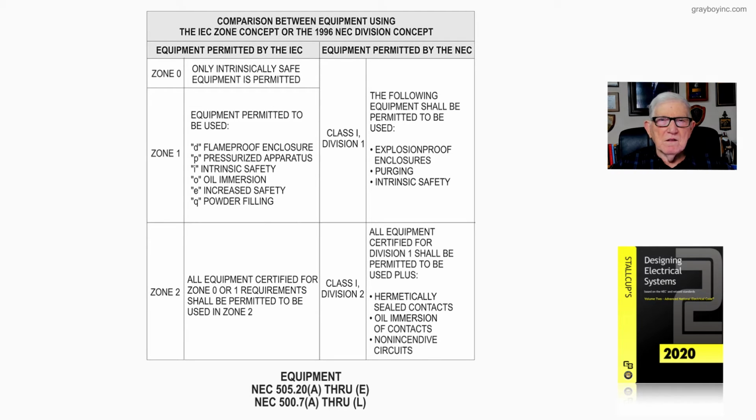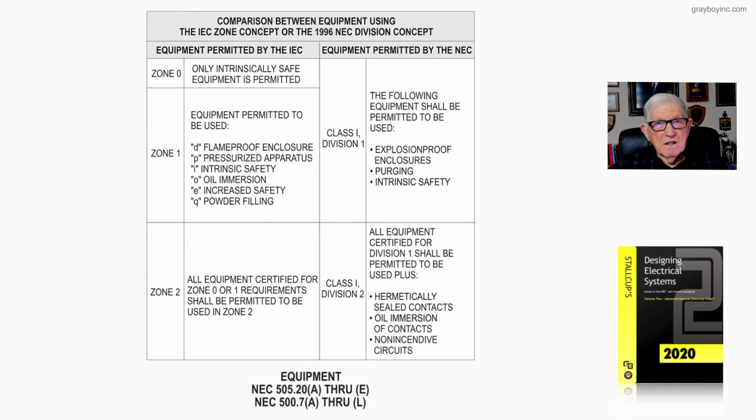Now we find the equipment that could be used in 500.7 of the NEC. Now, Zone 1, equipment permitted to be used, still in this Class 1 Division 1 that you see here. Zone 0, we could use this equipment in Class 1 Division 1 and Zone 0. Now, equipment is permitted to be used in this Zone 1, still in Class 1 Division 1 of the NEC. Flame-proof enclosures, pressurized apparatus,